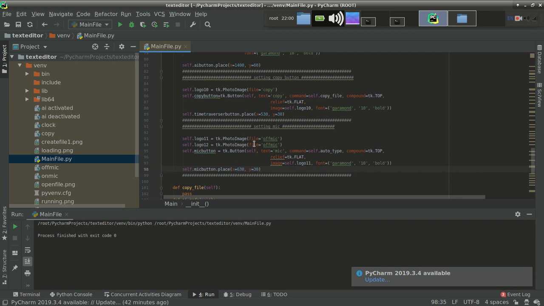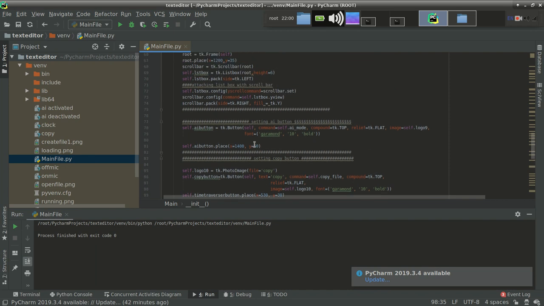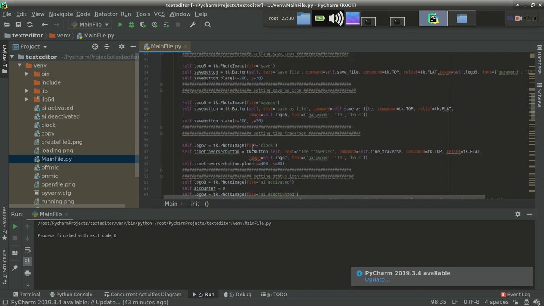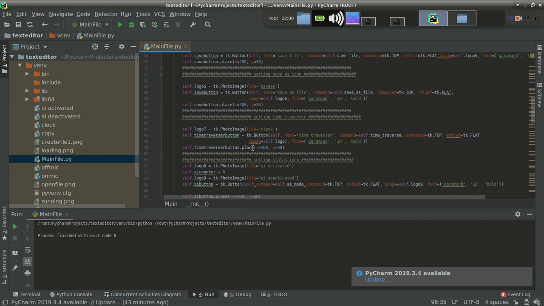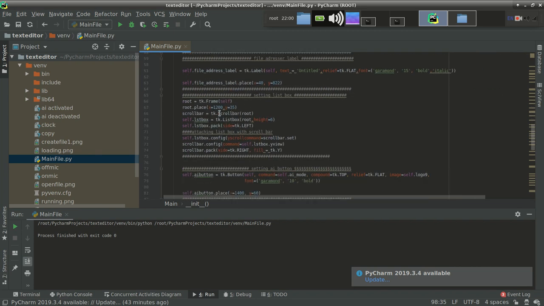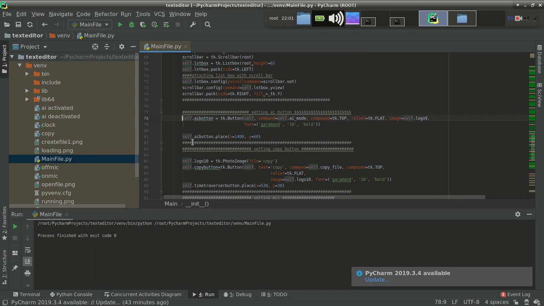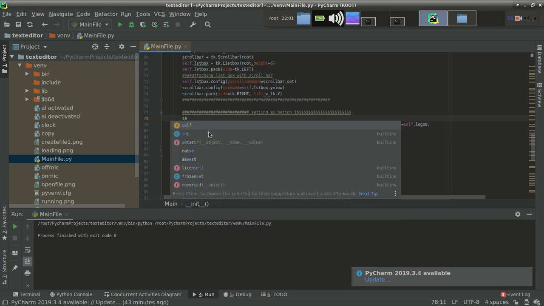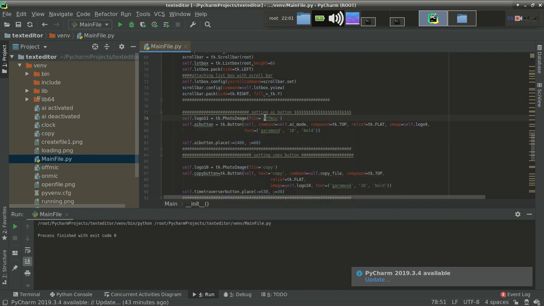Yeah, so just add a little part also, otherwise we will get the error. We have to add the AI images or AI counter, because we truly removed that. So to avoid mistakes, we have to import the images. Setting AI button. So just provide the name as self.logo, this one for AI activated.